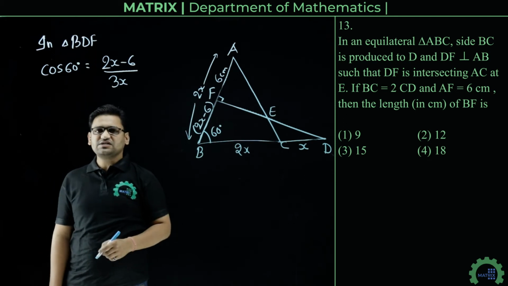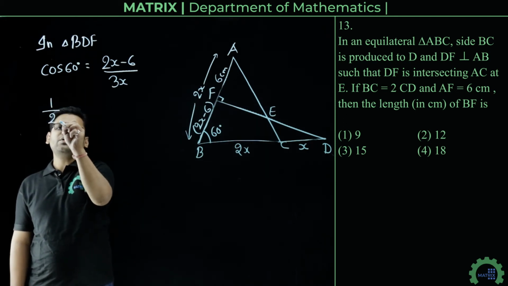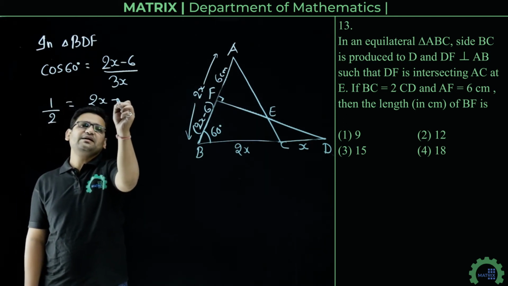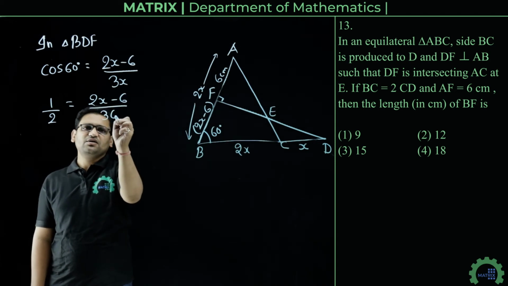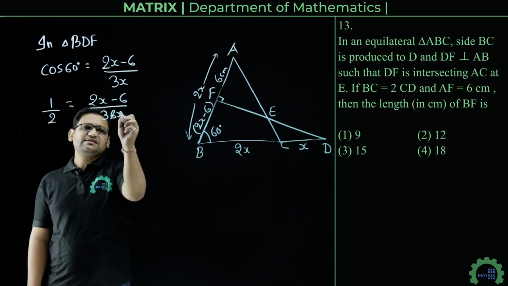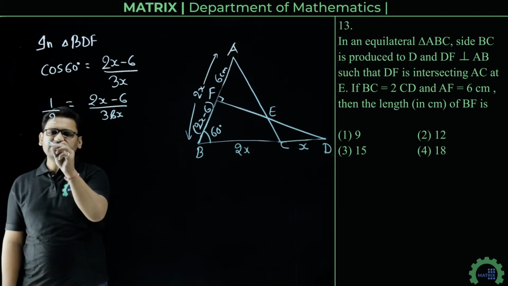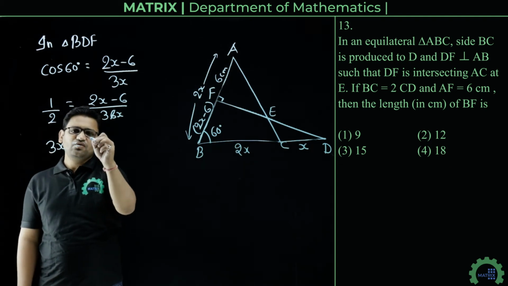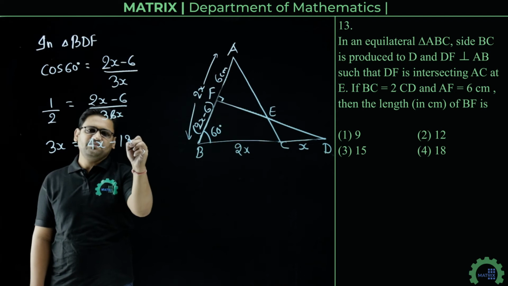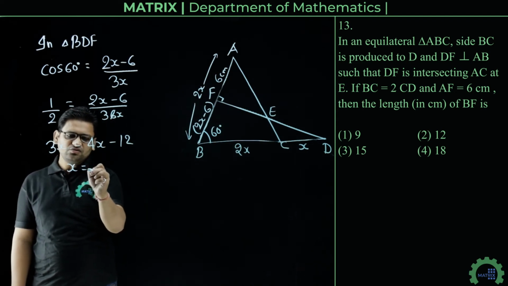And we know that cos 60 is 1 by 2. So 1 by 2 is equal to (2x minus 6) upon 3x. On cross multiplying this, we get 3x equals 4x minus 12, or we can write x equals 12